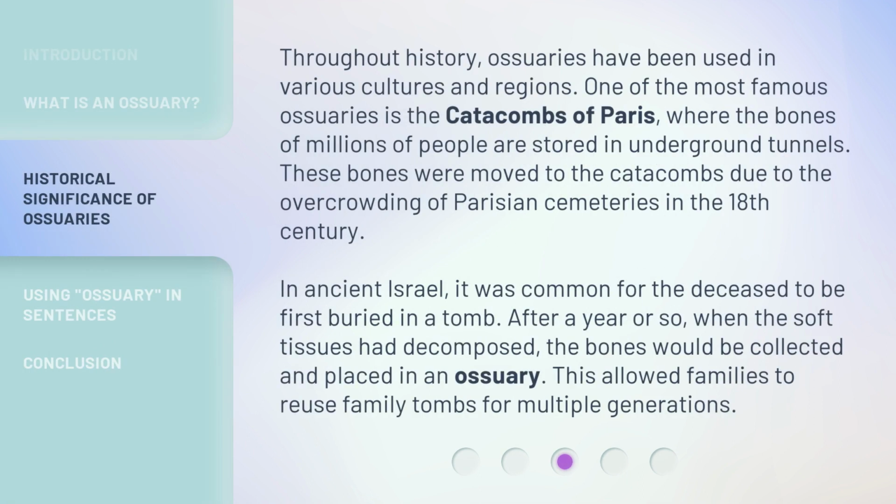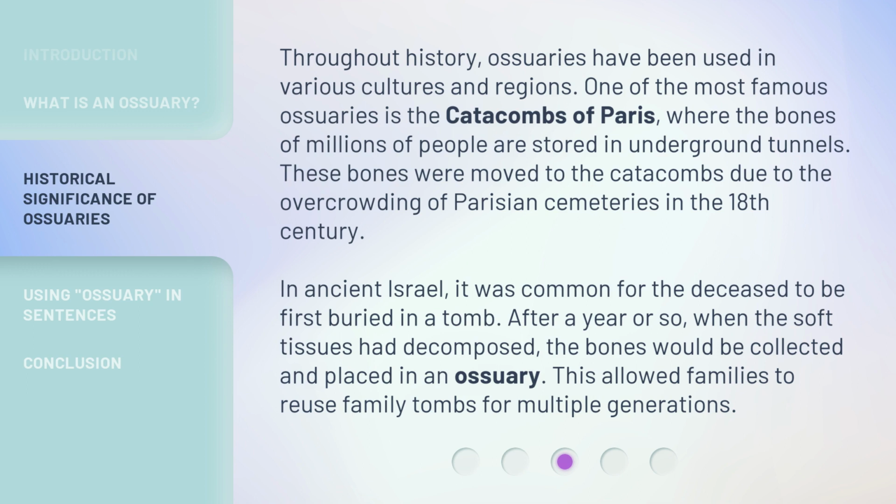Throughout history, ossuaries have been used in various cultures and regions. One of the most famous ossuaries is the catacombs of Paris, where the bones of millions of people are stored in underground tunnels. These bones were moved to the catacombs due to the overcrowding of Parisian cemeteries in the 18th